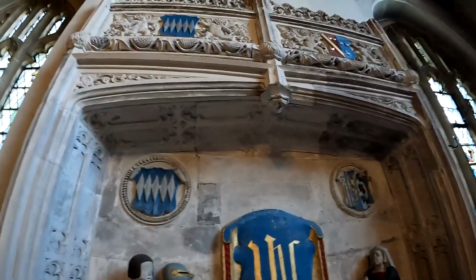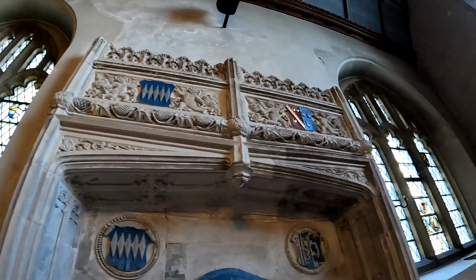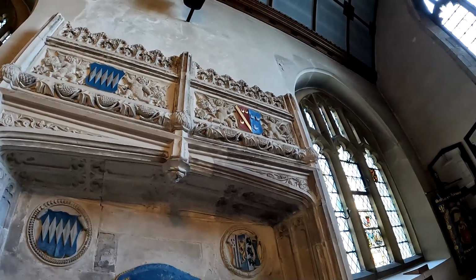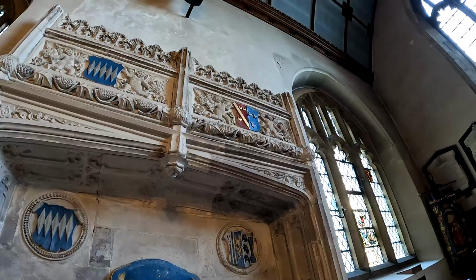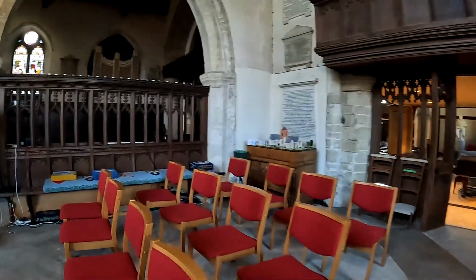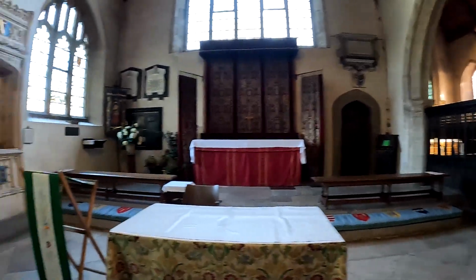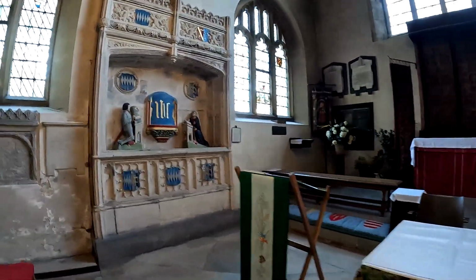And above, I think, that one there are heraldry frieze along the top of the tomb. And I do remember coming here once before, and somewhere I did see a plaque, it might even be this